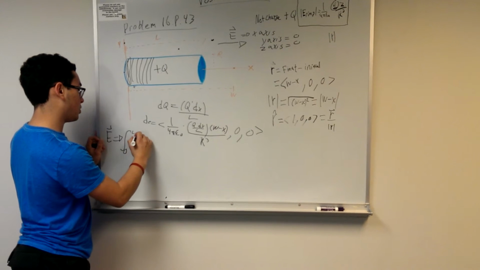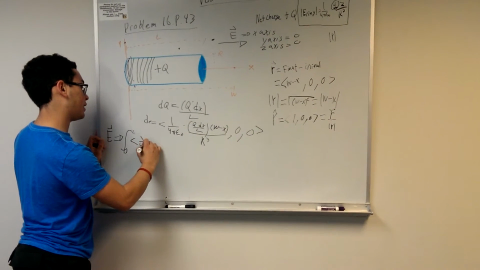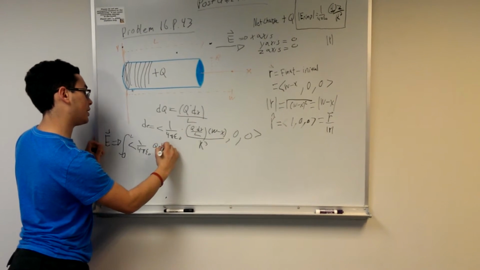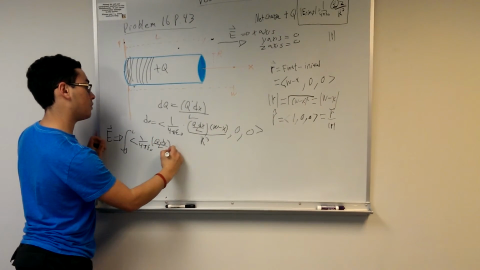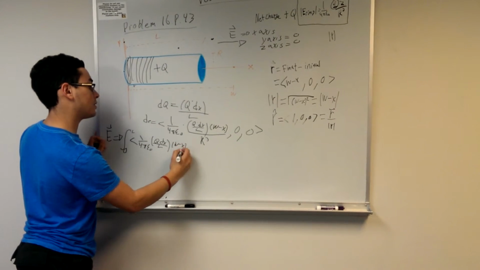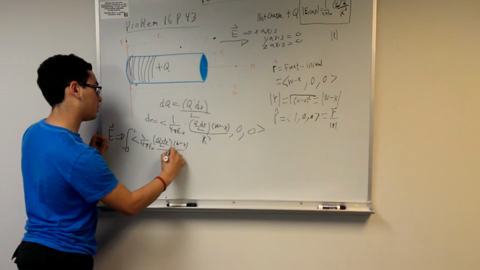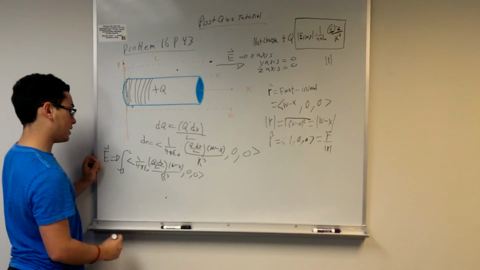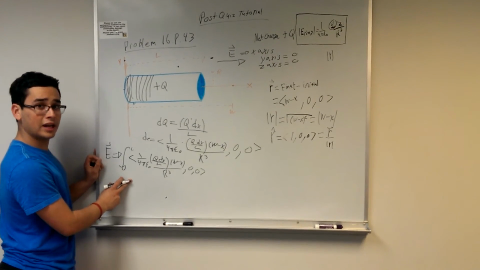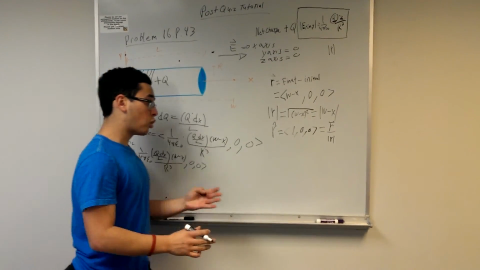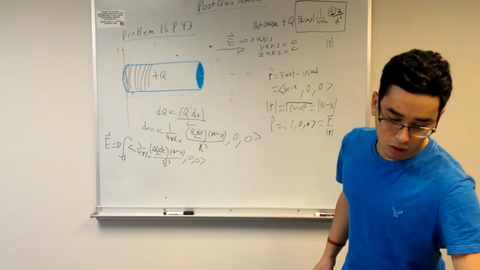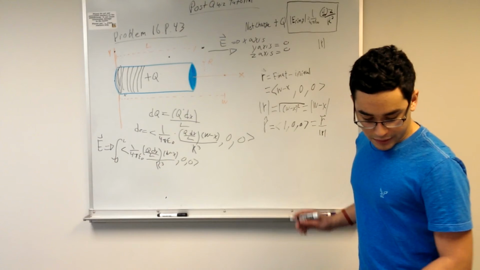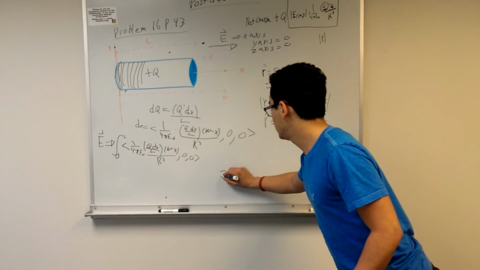It's going to be equal to 1/4 pi epsilon naught times Q dx over L times W minus X, all that over R cubed. So this is what we have to use to find the electric field at all the points, the total electric field of the cylinder. By using the laws of integration, we will see that our total electric field